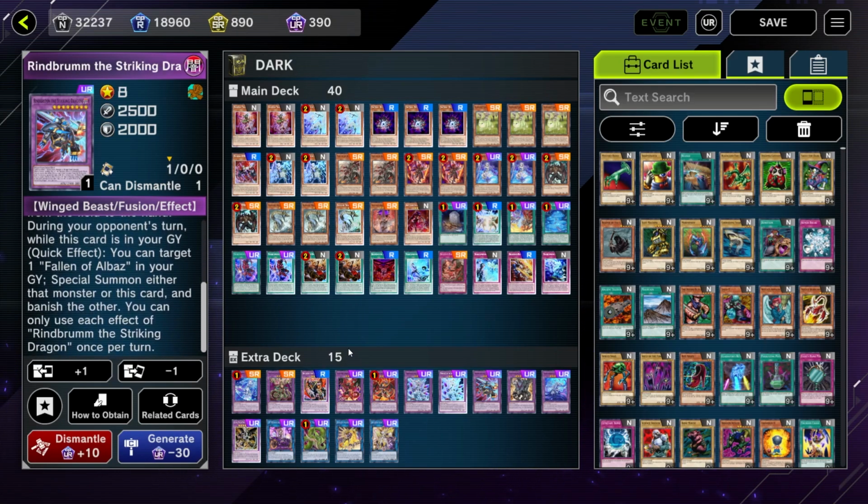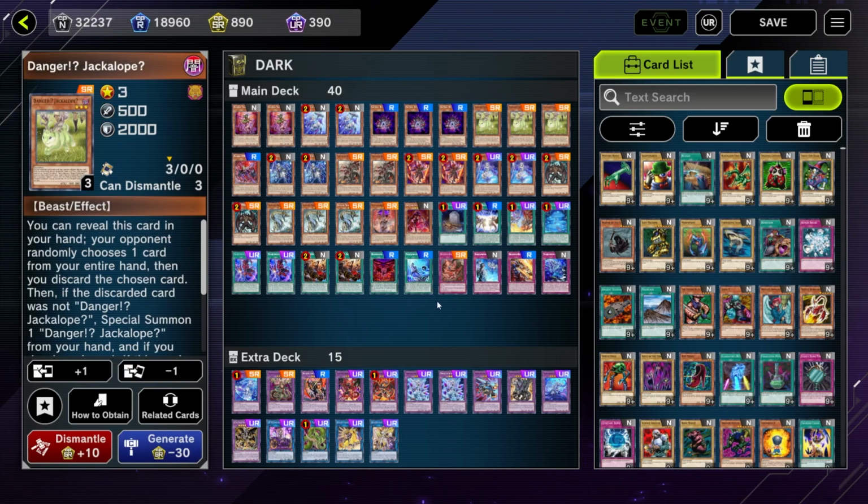So a little bit conditional in when it can activate, but still not a bad option to go into with the Branded Fusion there. We're most often going to be actually using the Danger Jackalope as the other fusion material. Normally you would use Tri-Brigade Mercurier, but I didn't want to put it in because it was a little bit too narrow, sometimes just a little bit too situational, but I found that you can still, of course, use a